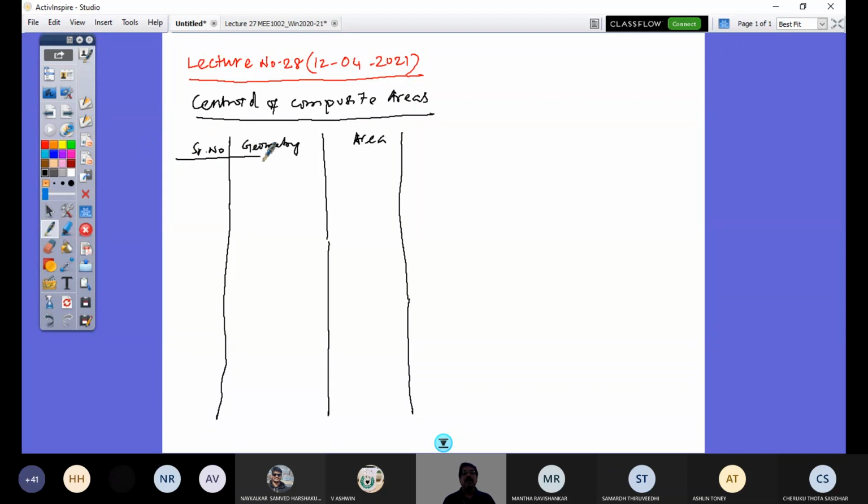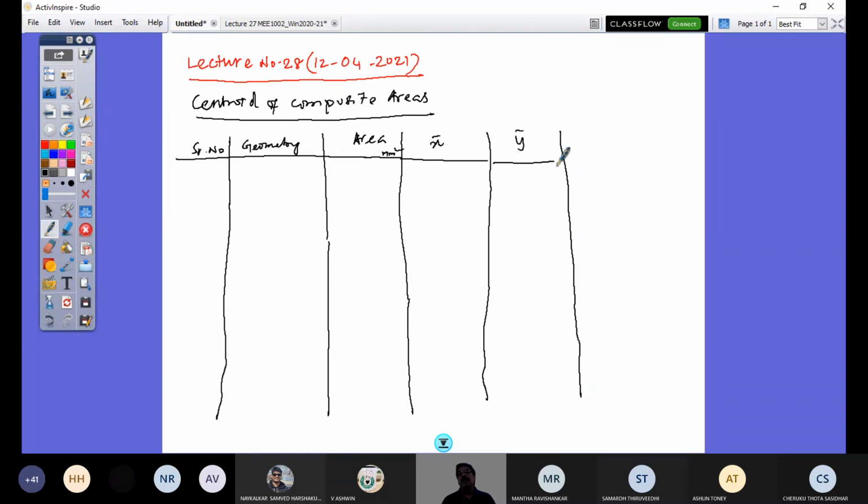If the individual dimensions of the geometry are given in mm, then these all are in mm square area, right? And what is x bar? And what is y bar? So let us get this for some standard geometry. Number one,